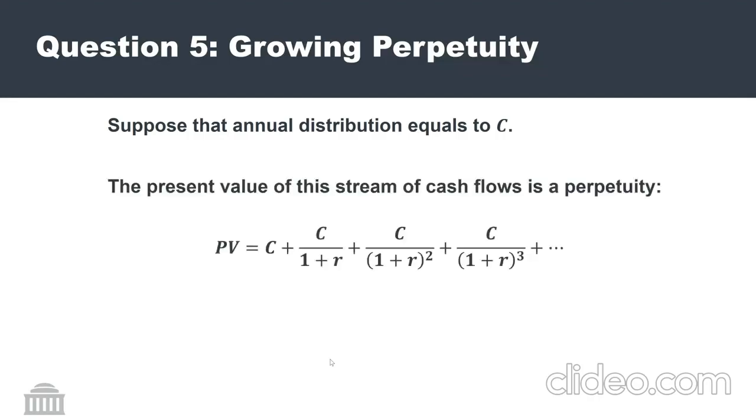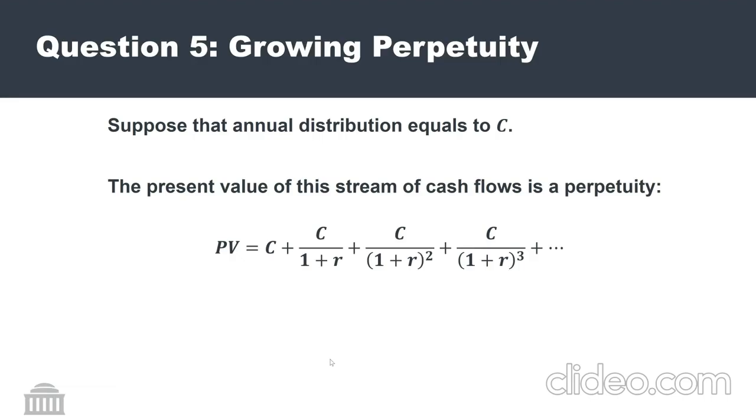Let's start by assuming that the annual distribution amount equals C, similar to what we did in part A of this question. Then we can write down the present value of the stream of distributions from the Jeff Bezos Foundation. It's going to equal C, this is the current distribution, plus C divided by 1 plus R, this is the present value of the second distribution, which will happen 1 year from today, plus C divided by 1 plus